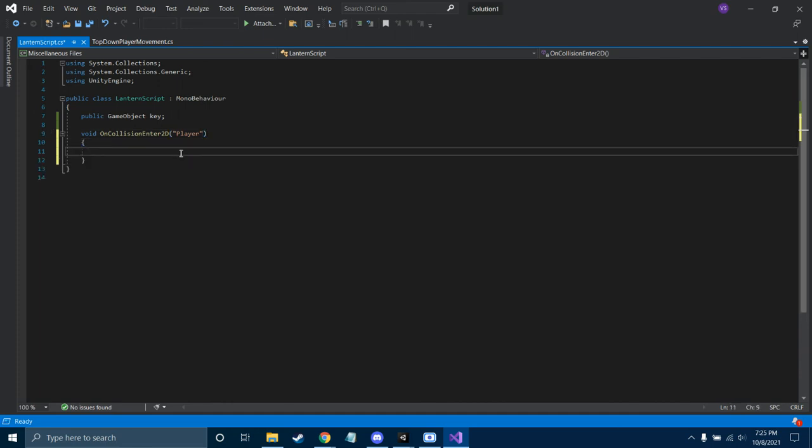If you want more details on why I'm using collision enter here, please go back and check the video I did on collisions. If we bumped into the player, I want to know, do you have the torch? So if